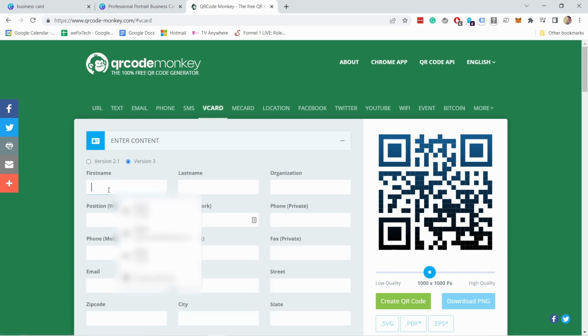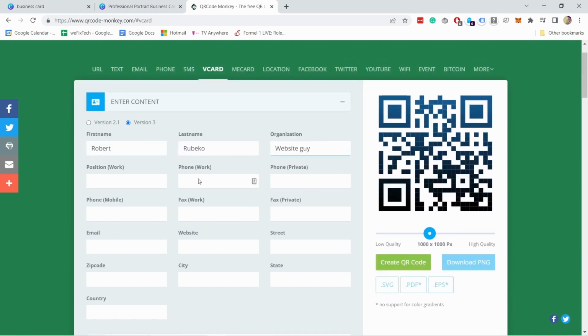Now you can enter your details, for example, your first name, last name, and in organization, you could either add your business or you could say what you do. So for example, website guy. This way it also appears when people see it in their contacts on their phone. You can fill in the information you think is relevant. So for example, if it's email, I could also add it here, and my website,